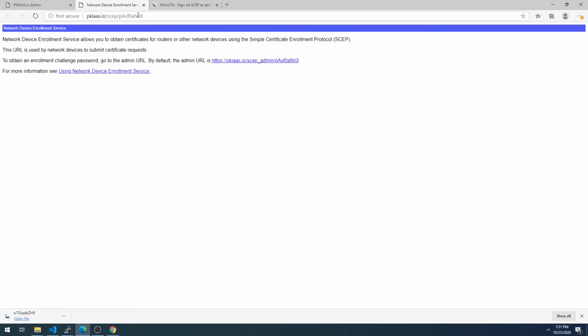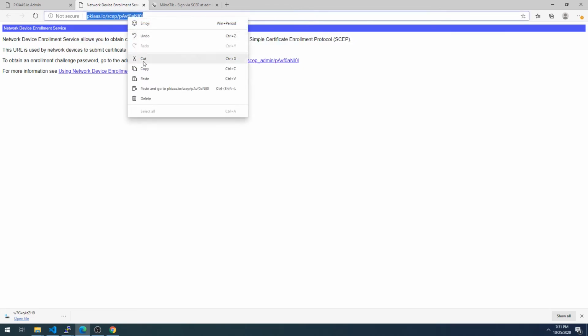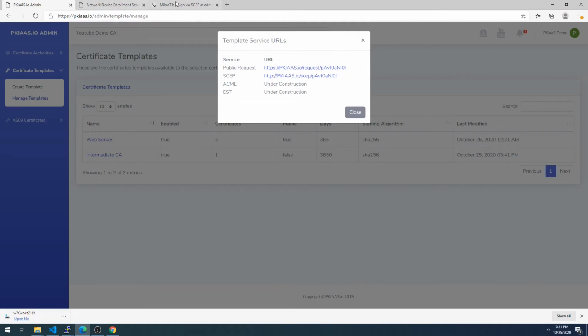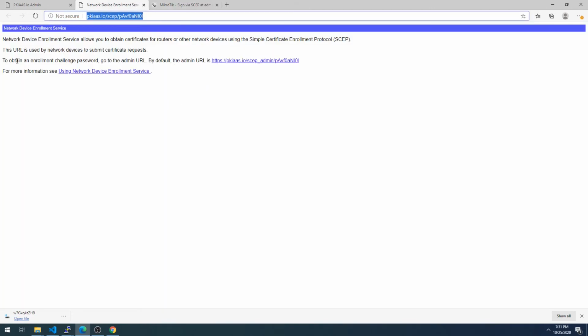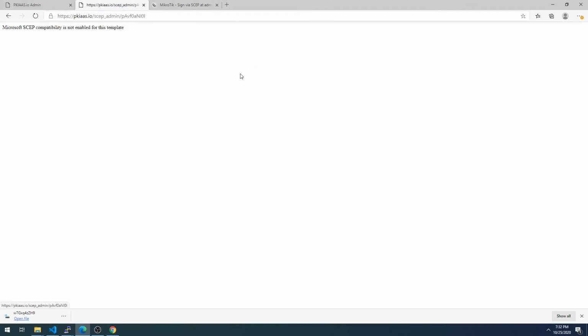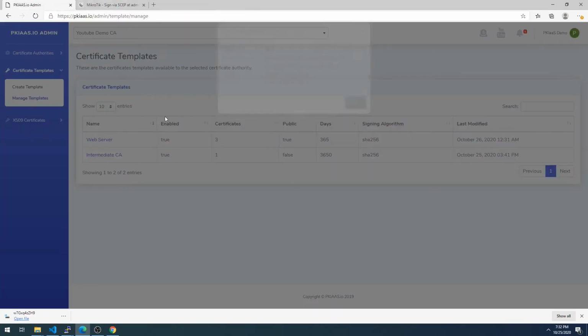So now we can see that SCEP is enabled, so we'll copy that URL again, go over to MicroTik and enter that for our SCEP URL. And then we need this challenge passphrase. And so here it says to obtain an enrollment challenge passphrase, go to the admin URL. By default, it's this. If we click on that, we can see Microsoft SCEP compatibility is not enabled for this template. So let's go back in and manage that template,